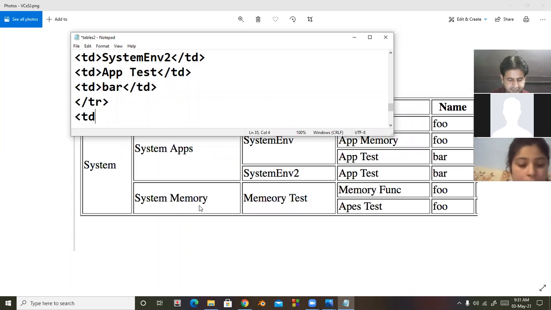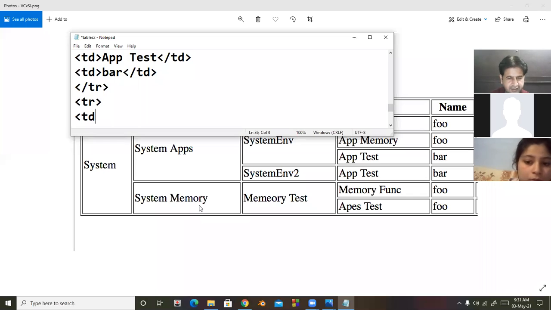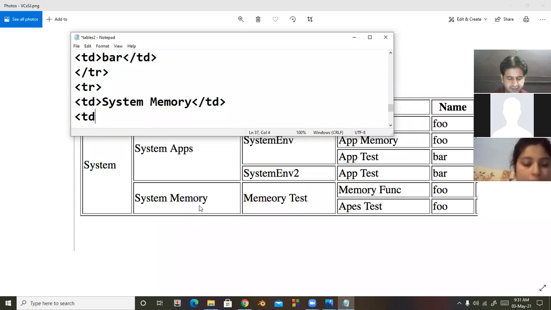So tr, here td, system memory, then td, memory test.